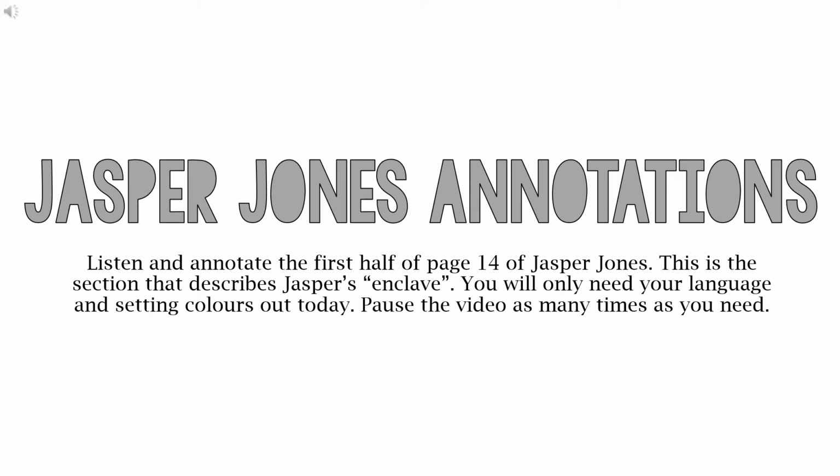Also, like an open tent is a language feature that you can note down, and this would be in your setting color. There are also references to lots of Australian things here. We've got eucalypt, waterhole, shrubs and trees, and all of those things are making this more of an Australian style Gothic setting.